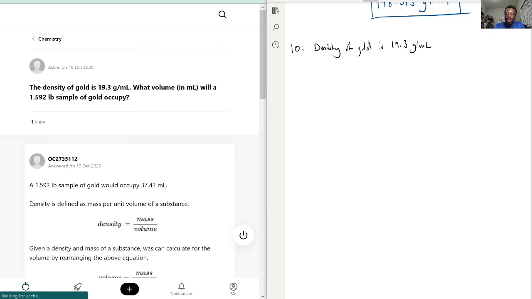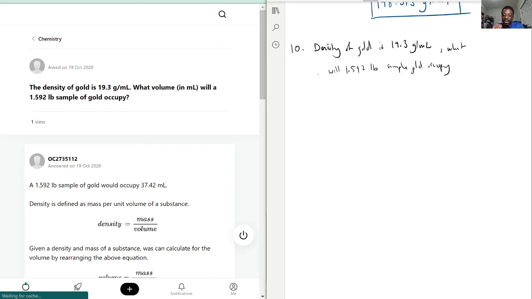Okay, what volume, let's see, well, I mean, you may already see the answer there, but what volume will 1.592 pounds sample of gold occupy? Okay,